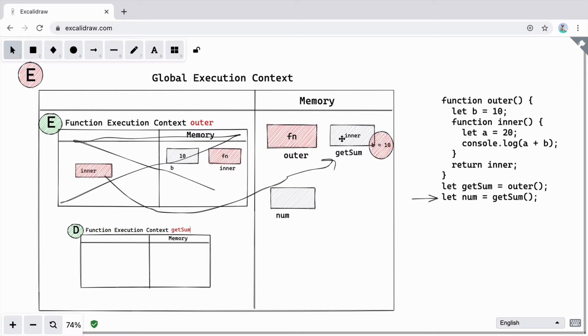And what is getSum? getSum is the inner function with an extra closure value that contains b equal to 10. So this will also be present here. I'm just going to make it something like this, showing that it contains a value known as closure that has a value of b equal to 10.